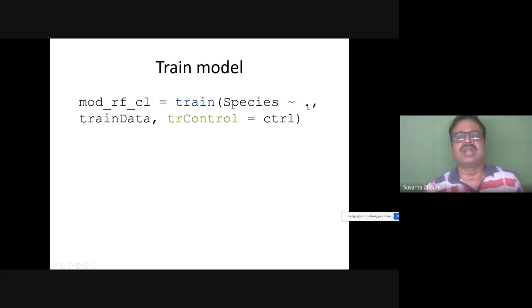Always remember that programmers are lazy people. They want to do anything with very minimum labor, very minimum time. And that's why this shortcut is provided. And that's a very useful thing also. It saves a lot of time. And if you want to specify the variables, then you can put